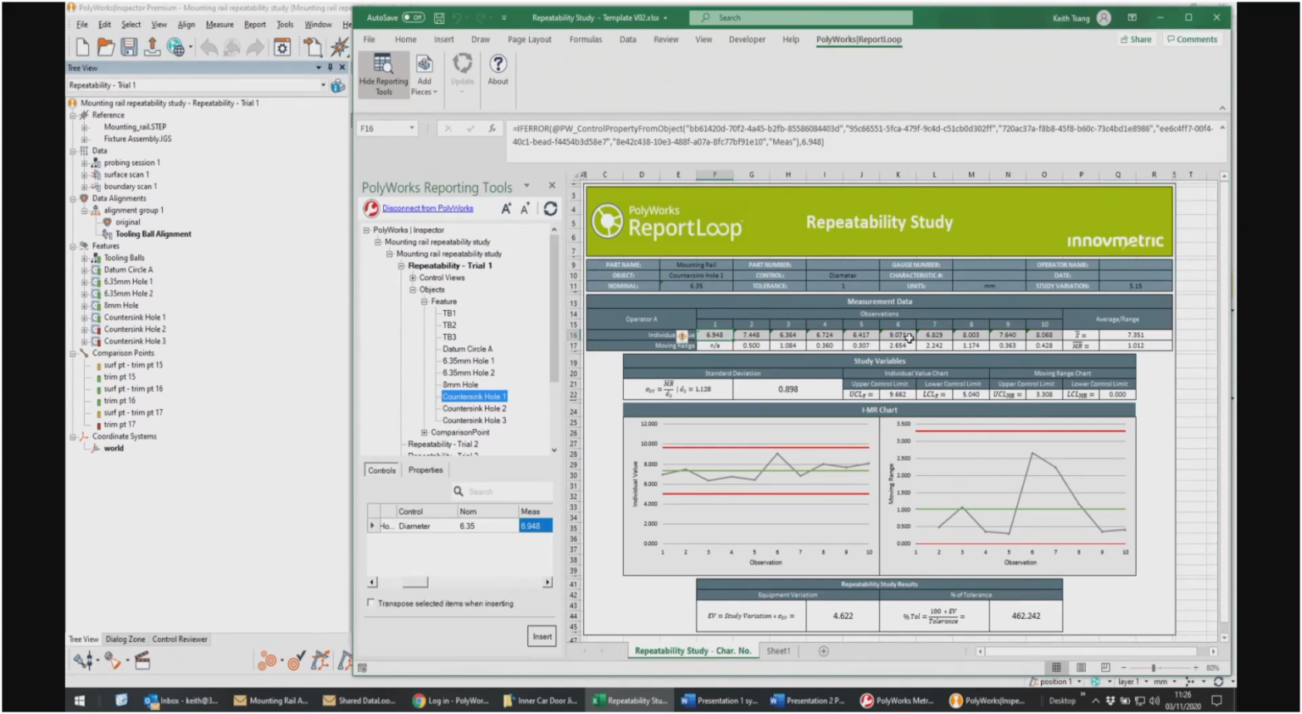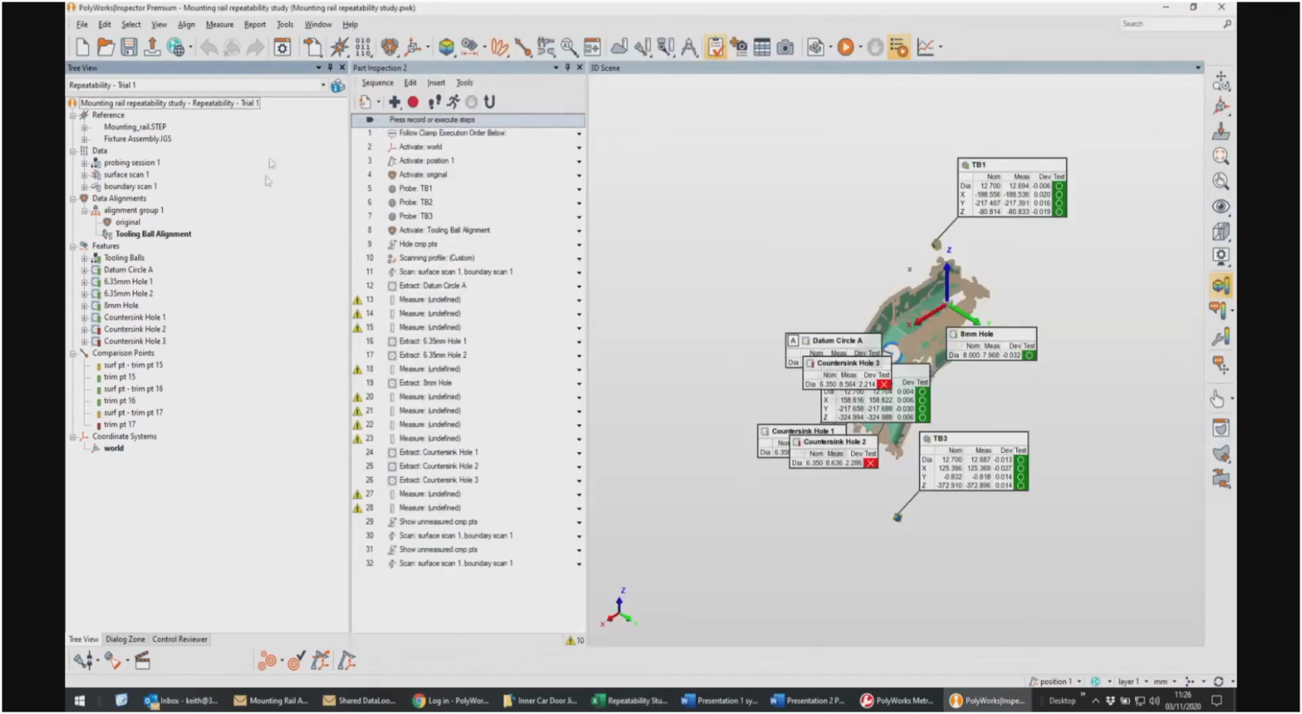So I should probably start by investigating that particular piece in Inspector. So if we go back into Polyworks,